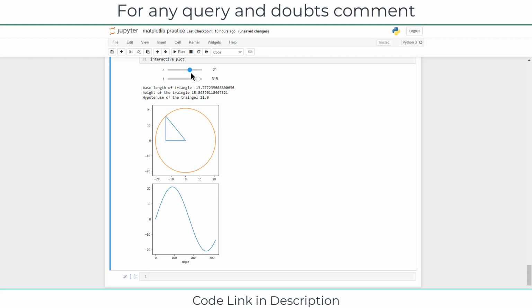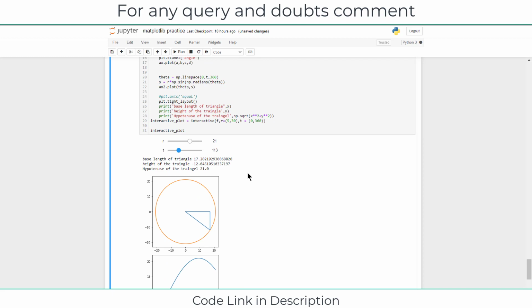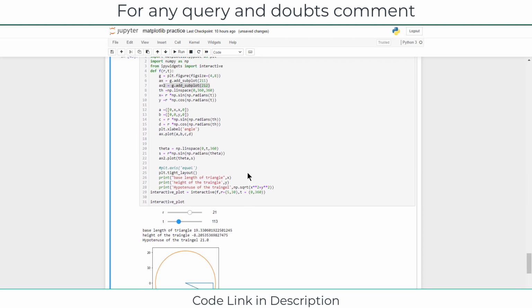You can play with it, and you can also make any other graph. For example, if you want to plot a tan graph or a cos graph, you can make it as per your requirement. It is quite fun. If you want the code, check out the blog link in the description,